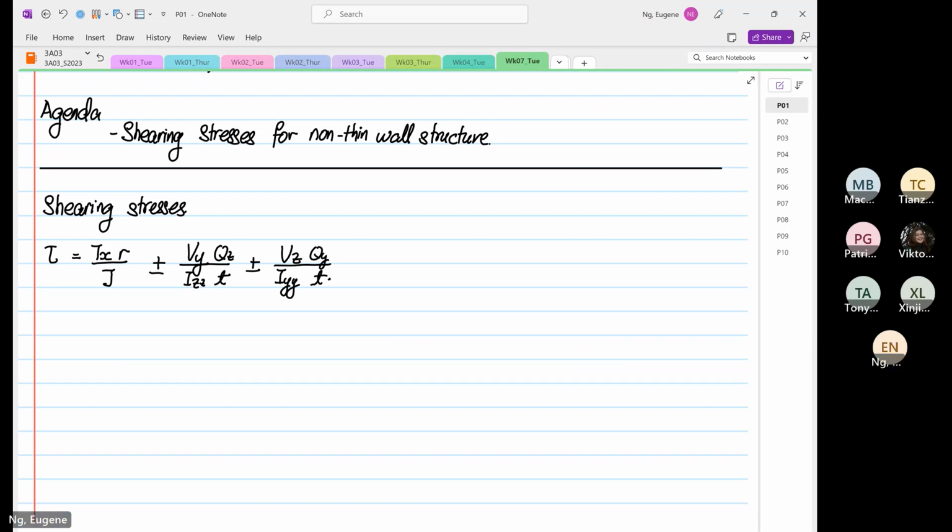What this equation means is shearing stress can be induced by the first term over here,